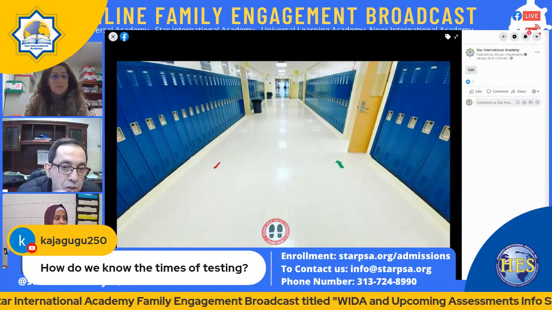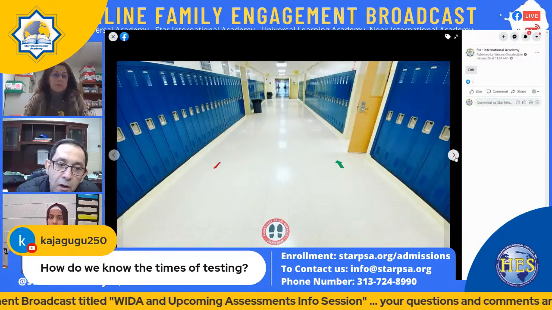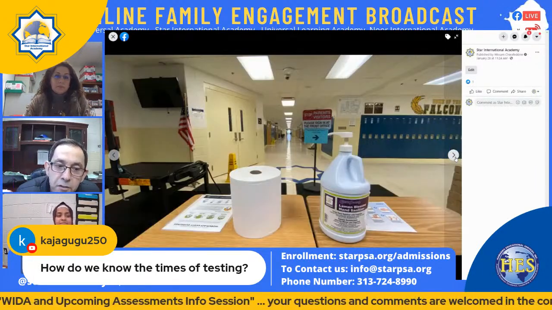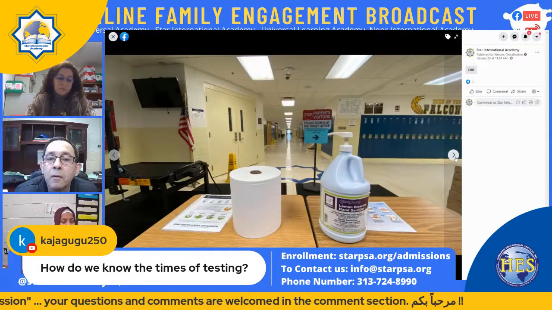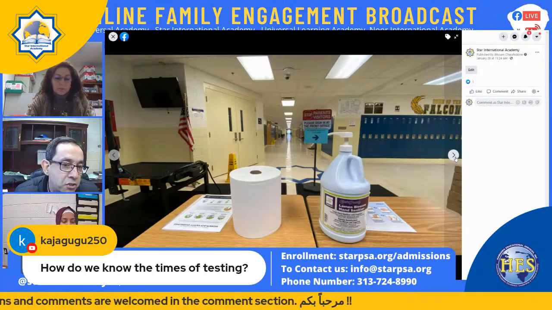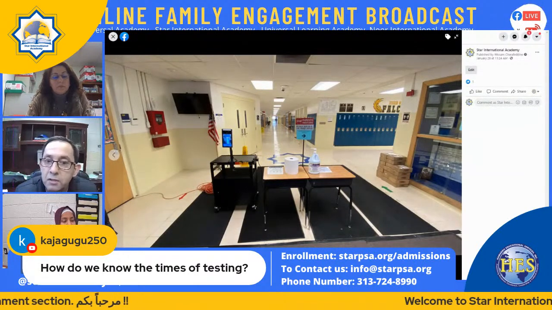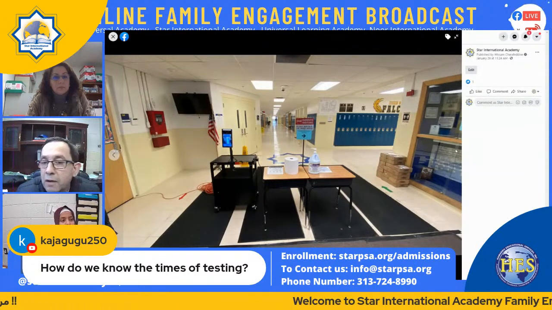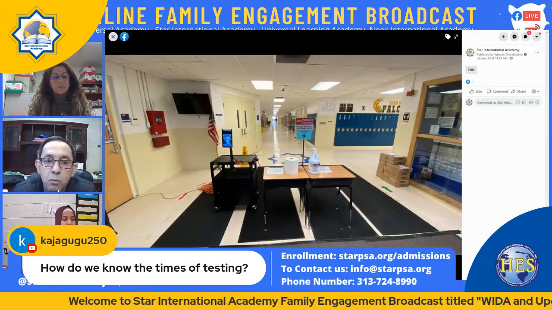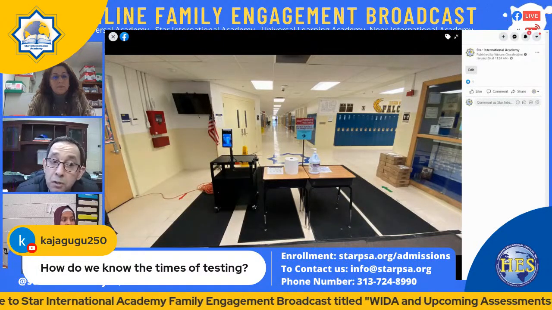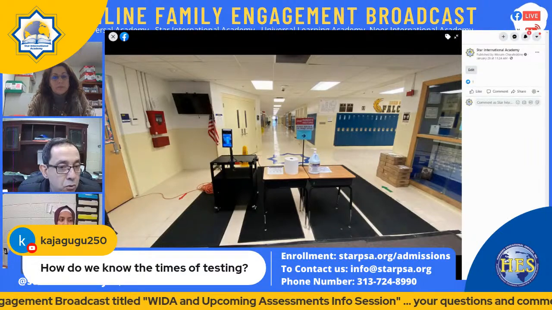I would like to add to this picture you are seeing. These are real pictures from the school, and you see the distance signs, and the temperature screening. You also saw the desk shield for the student. That's the temperature screening where the kids come in. We have to test their temperature to make sure they are not sick. In addition, inside the classroom, you see the student desk shield, so he is not going to be impacted. In addition, he should be wearing his mask.